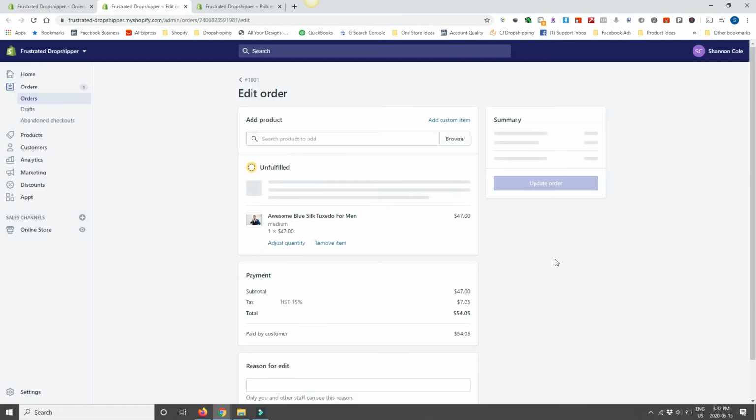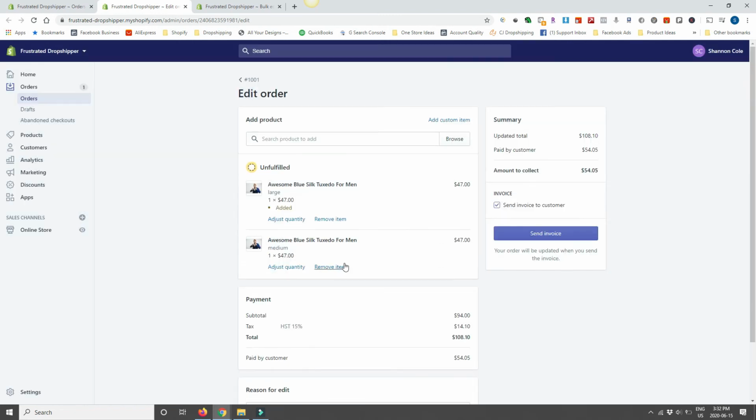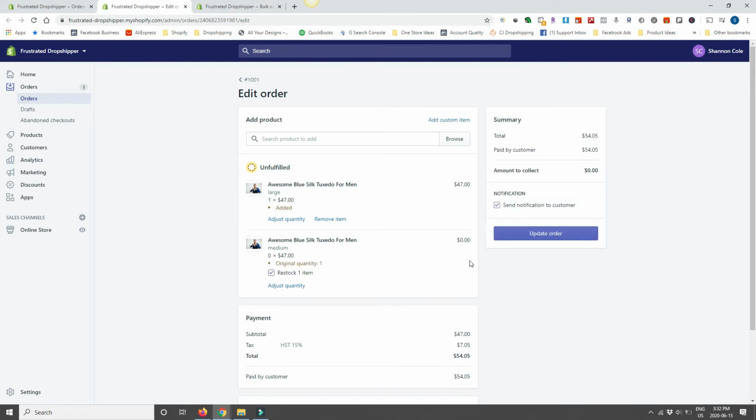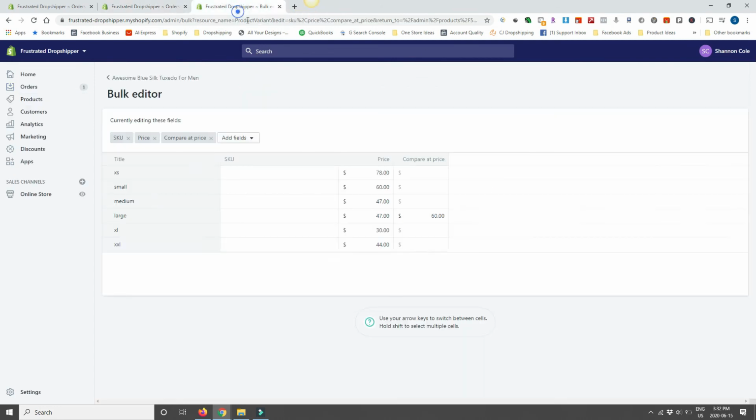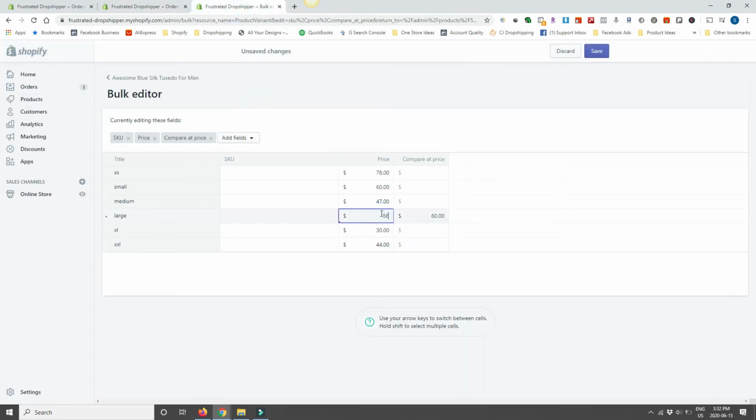I go here, I go ahead and add the shirt, make sure it says 47, click done, remove the old shirt, and now you can see the amount to collect is $0. We can send a notification to the customer, and now we can click update. I don't know what email I have here. Hopefully it doesn't create problems. So I'm going to go ahead and click on update. That order is now saved. Quickly go back here, change this back to 60,